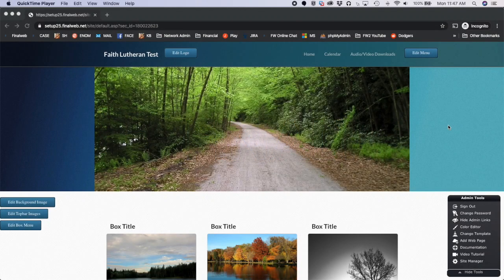Okay, we're going to take a look at how to add Finalweb live streaming to a Finalweb 1.0 website. Now, if you have a Finalweb 2.0 website, it's going to look a little bit different than this. This is a 1.0 site, and I have this little admin tools menu with the site manager link down at